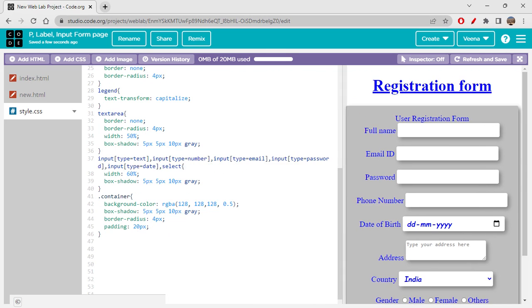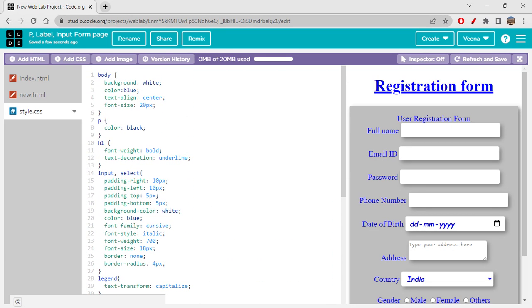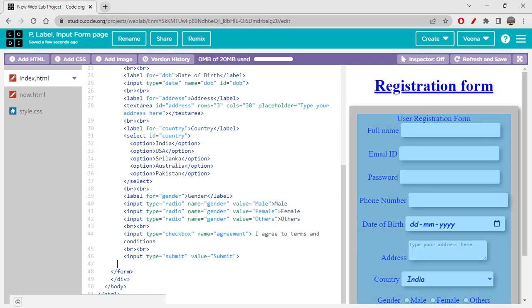Okay. So if you want the width to be 100%, you can also absolutely do that, right? So you just have to break these things and you can make them go into the next line. So you can also do that with the break tags and all. Yes. So that, and then